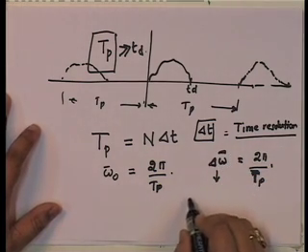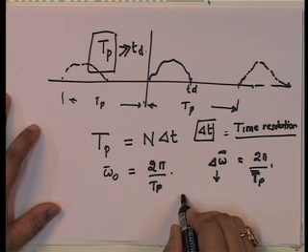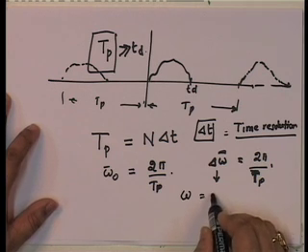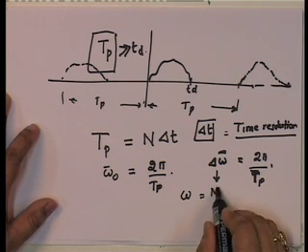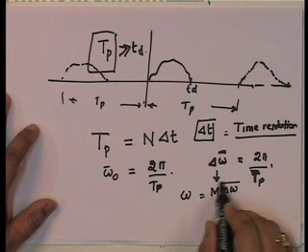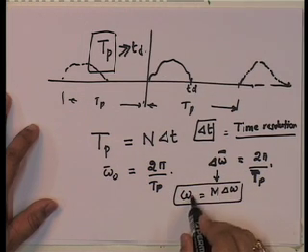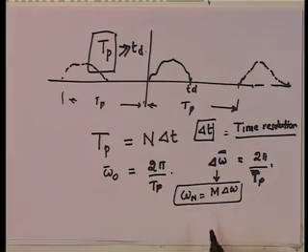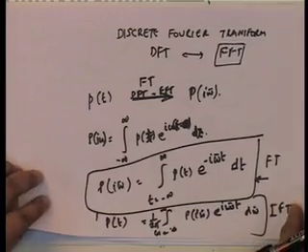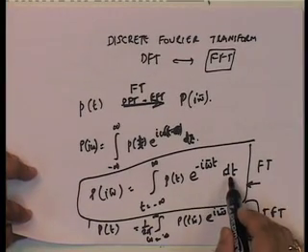I will have the largest frequency equal to n times delta omega bar, omega n. Because, in other words, if you look at it, what I am doing is I am discretizing